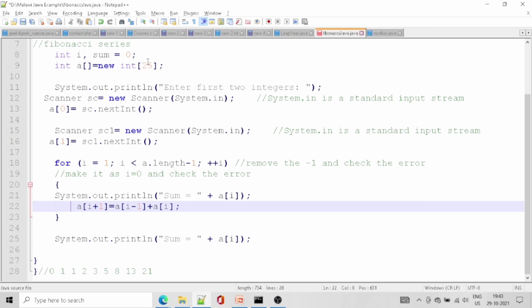It is not possible because here it's 25, but here it goes to 26, so it won't work. So before it reaches 24, it needs to be shut down, so that a of 25 will work over here.